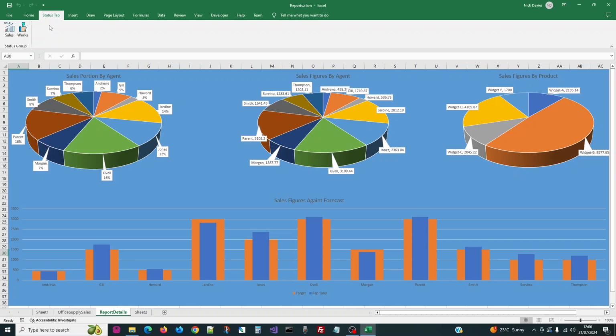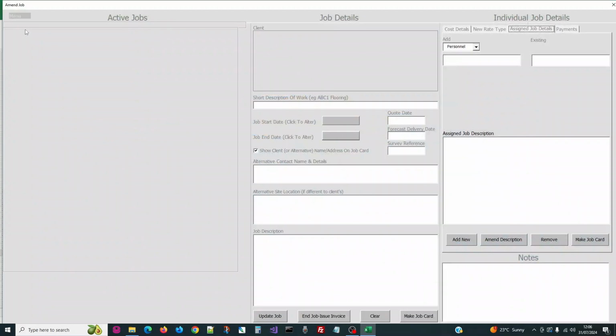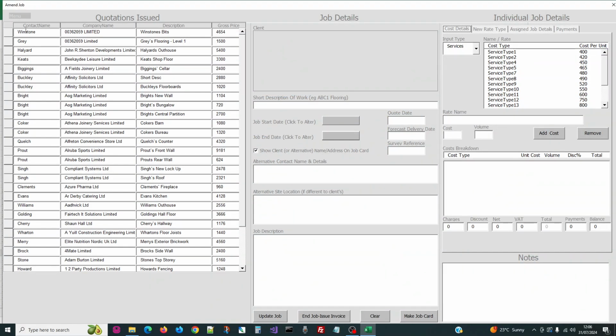So we go to the menu and click on Works, and that will show us the Jobs Overview user form screen. On the left is a data grid that's custom built. I built it. It consists of a pair of frames, command buttons, labels and text boxes, and it shows the current active jobs list. So we can scroll up and down the list,